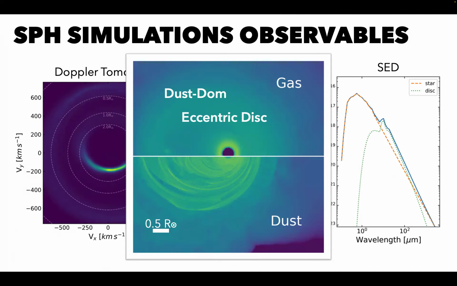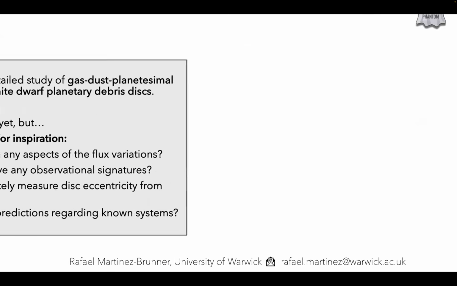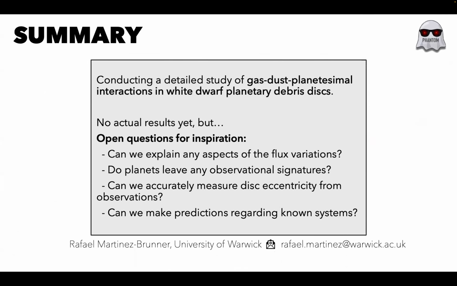So this goes to show that we can now reproduce almost any disk that we want around white dwarfs. We just need to set the parameter space that we want to explore more accurately. We can take observables from them that are comparable to the ones we can get from these disks, and now we hopefully want to match them. As a summary, I don't have any results yet, but we do have a lot of questions and directions for